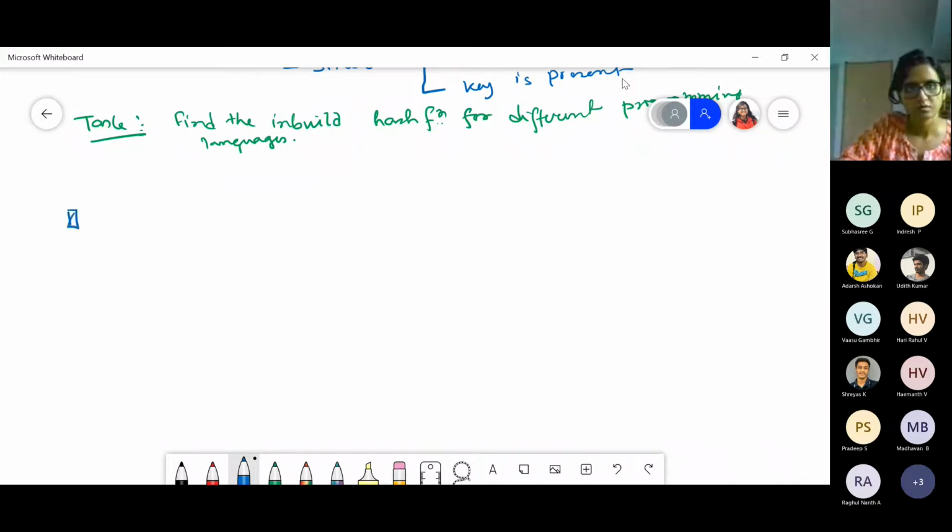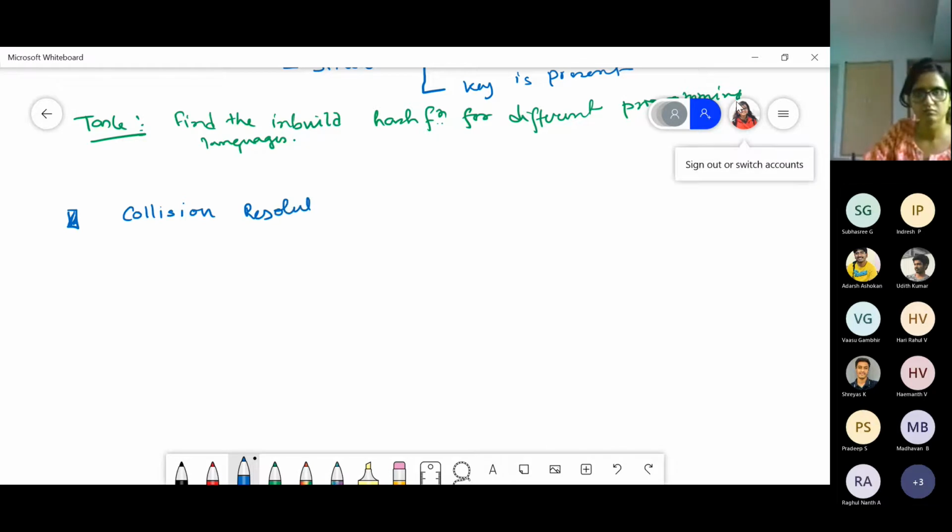So there will be two cases. Collision resolution by chaining. We are considering simple uniform hashing assumption.